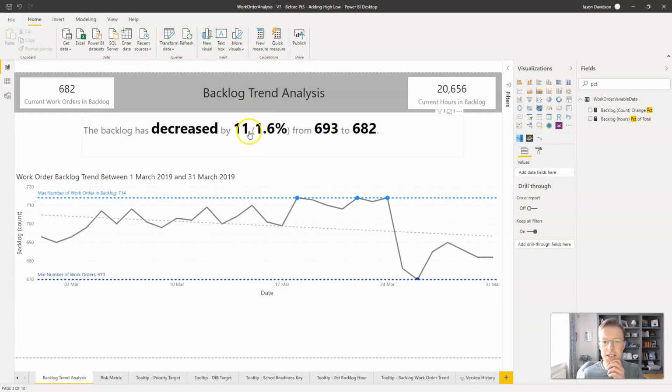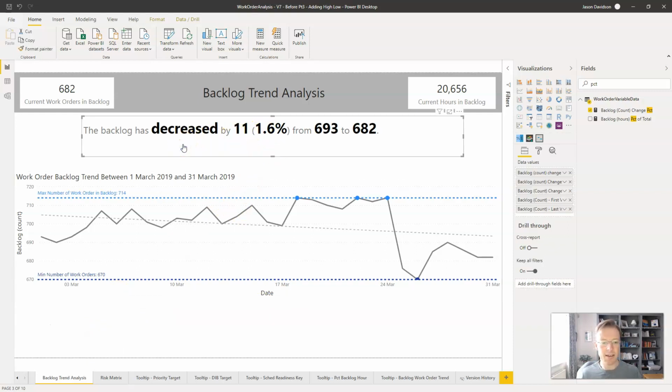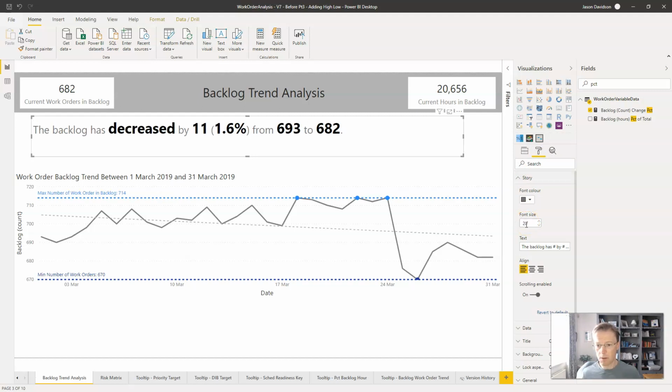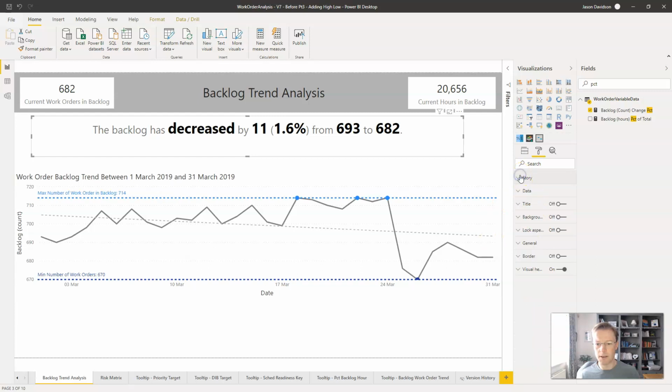Okay, so you can see here we've got a piece of text here that explains explicitly what the situation is. We'll just do a little bit more formatting here, and we're going to go into the story, and I want the text to be 20. We're going to put it aligned in the center, I think, yeah. I'm happy enough with that. There needs to be a difference between the font color here, really, and the font color here. We want this